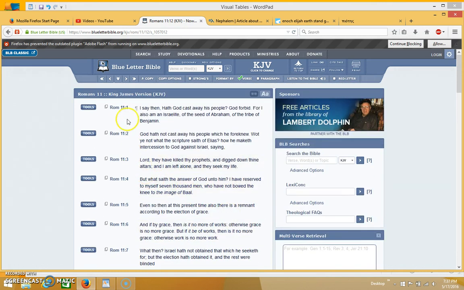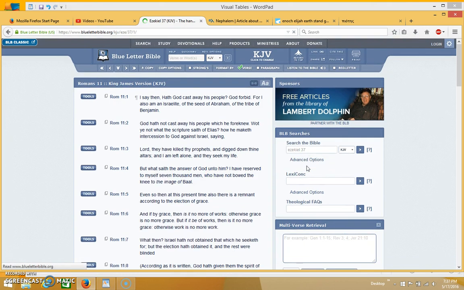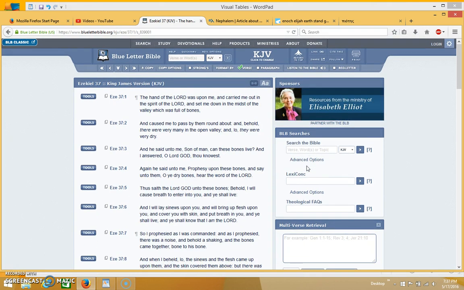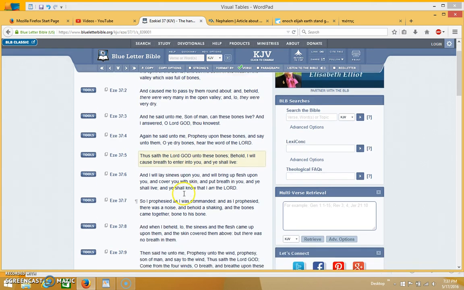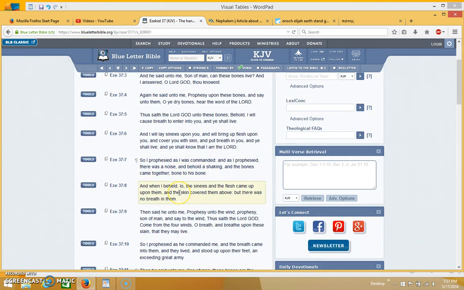And I also want to talk about the number 11, because if you go to Ezekiel 37, well, first of all, I just want to say that the number 11 looks like two sticks, as in two candlesticks or two olive trees. But then when you go to Ezekiel 37, it actually talks about two sticks, and I just want to show you that. And this is where it talks about the valley of the dry bones. So it happens right after the resurrection.